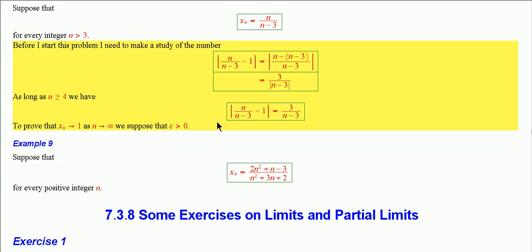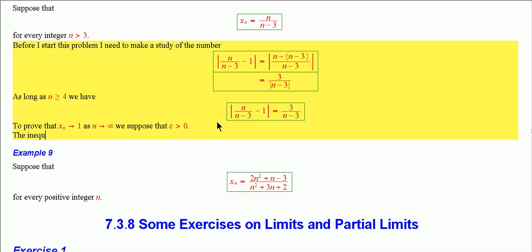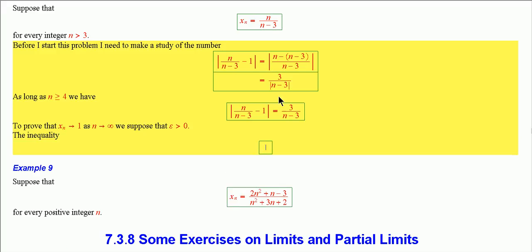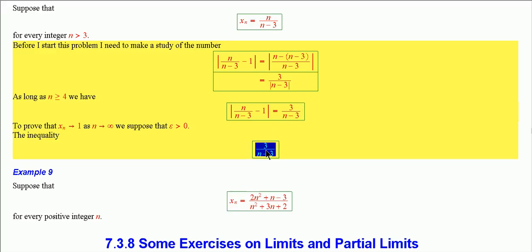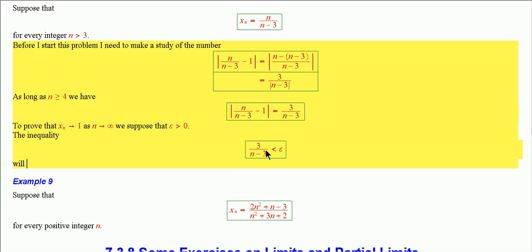So I'm going to tell you the inequality that I really want, that will say that this is less than epsilon. You see, I'm still studying this. Under what conditions will 3 over n minus 3 be less than epsilon? Well, that will hold when